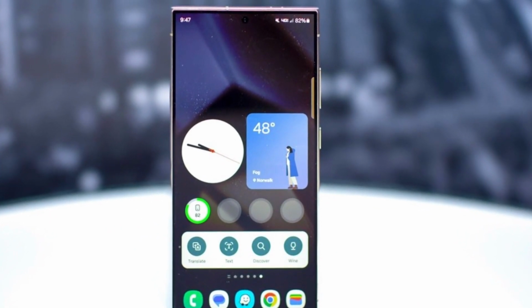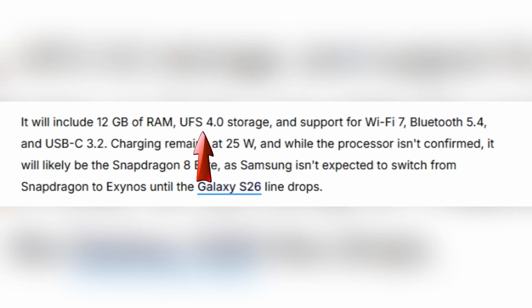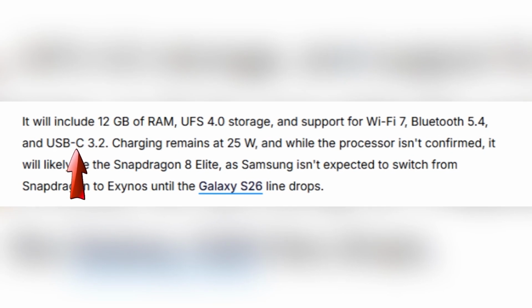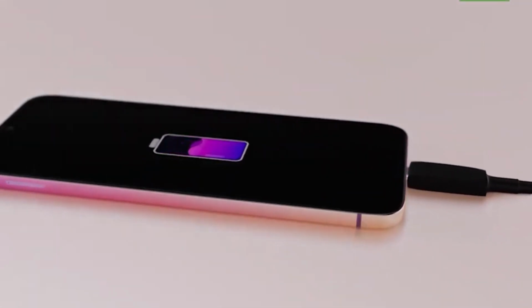Under the hood, the device will be powered by 12 GB of RAM and UFS 4.0 storage, making it fast and capable of handling large files and apps. It will also support Wi-Fi 7, Bluetooth 5.4, and USB-C 3.2, ensuring fast data transfer and seamless connectivity. When it comes to charging, you can expect 25-watt charging speeds,